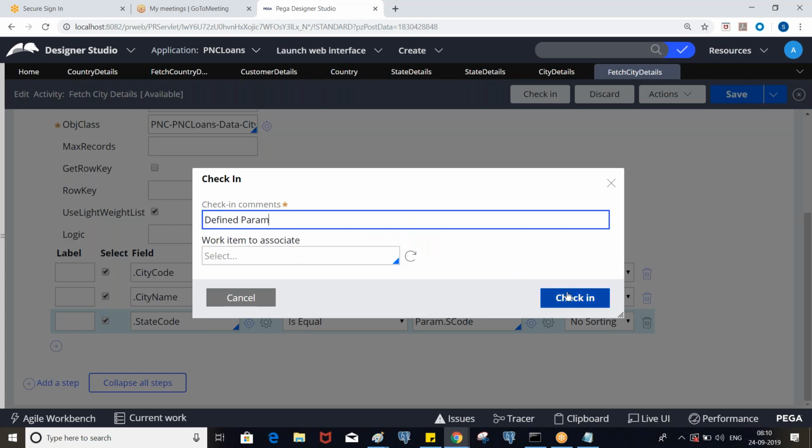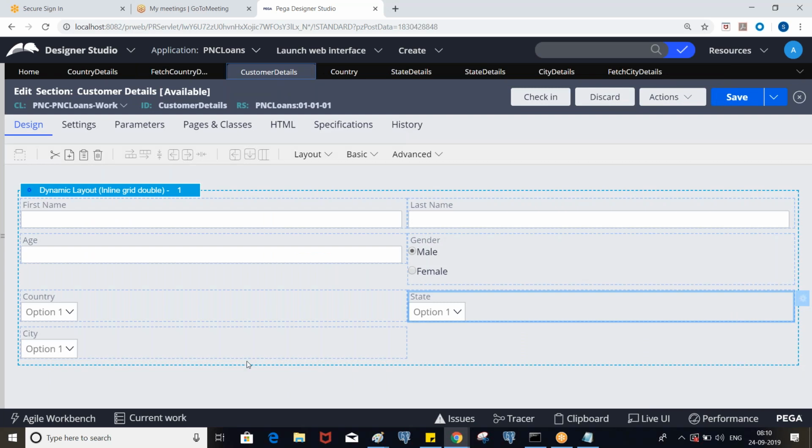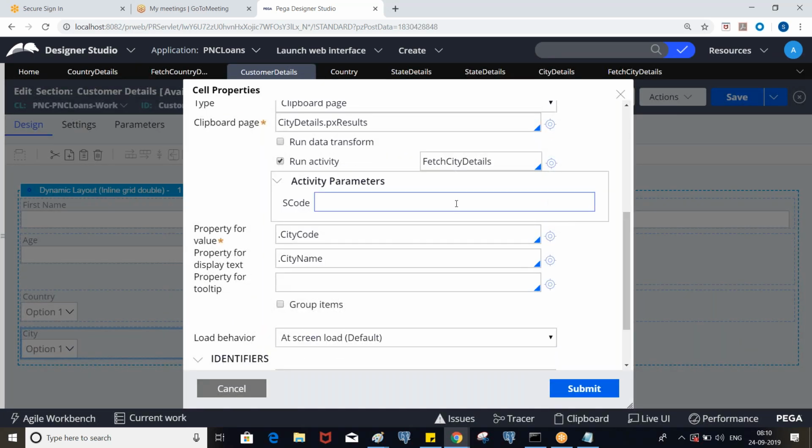Define param. Now come back to the customer details where you invoked the activity. Now it is showing the parameter. So what do we need to pass now? Dot state. Whatever state you selected, that value will be passed to the fetch city details activity, and it will be filtered out. So that's it. You don't need to do anything else.